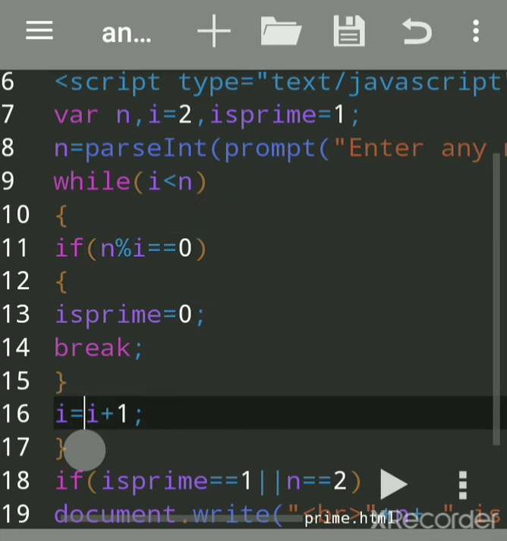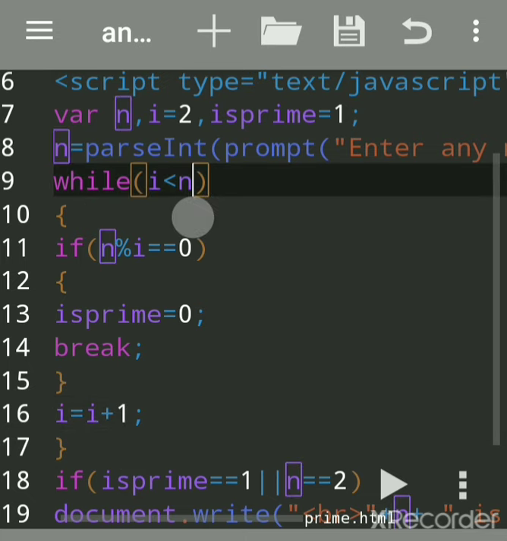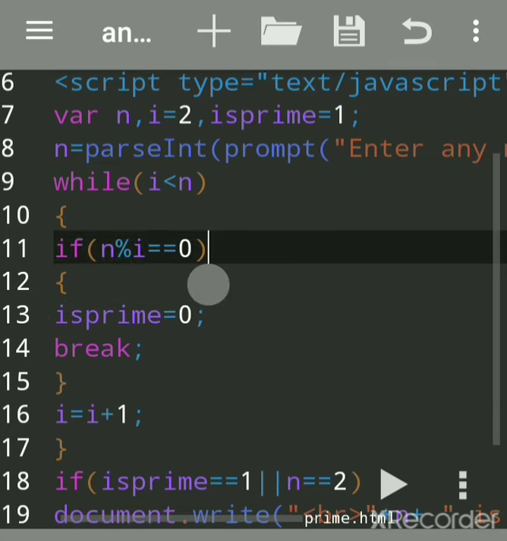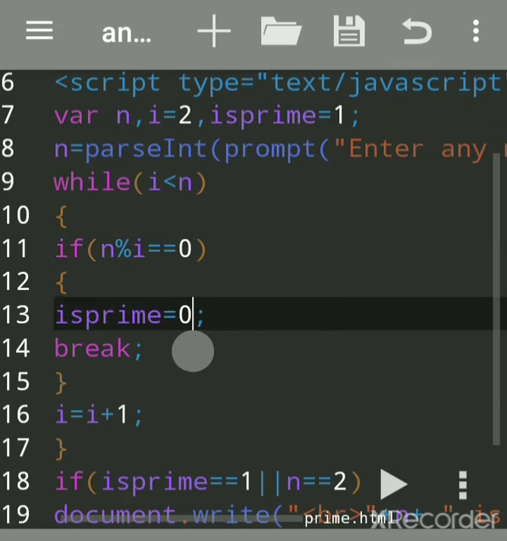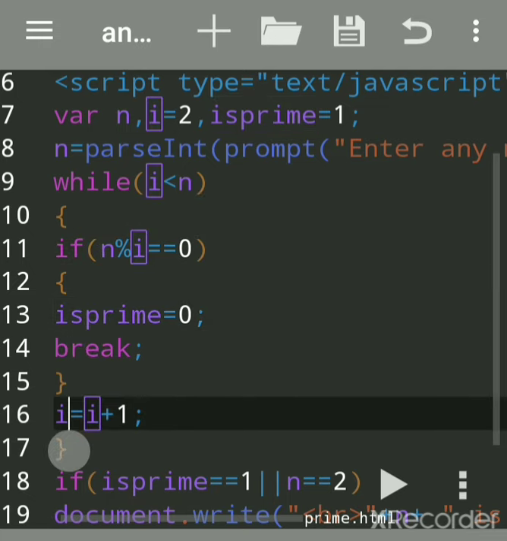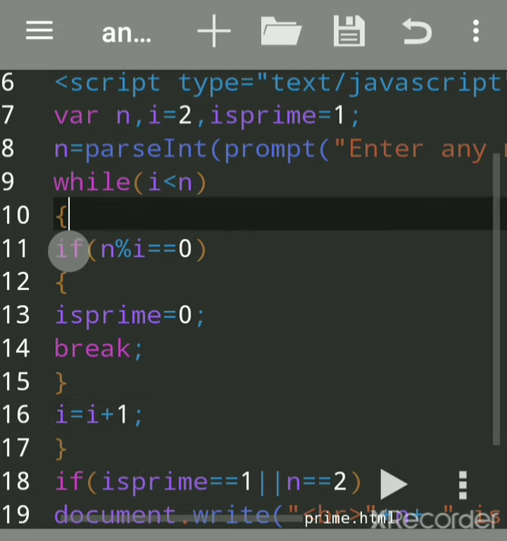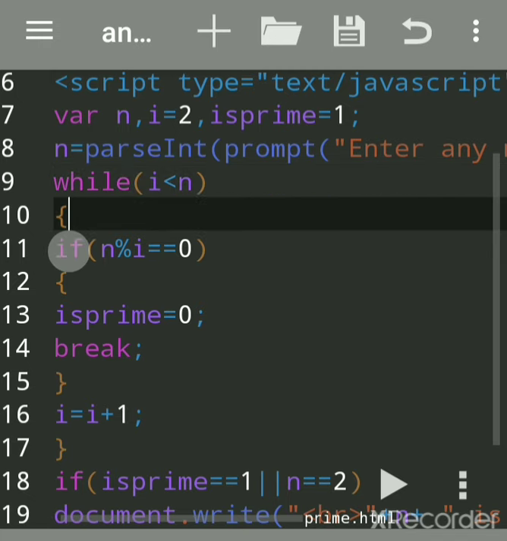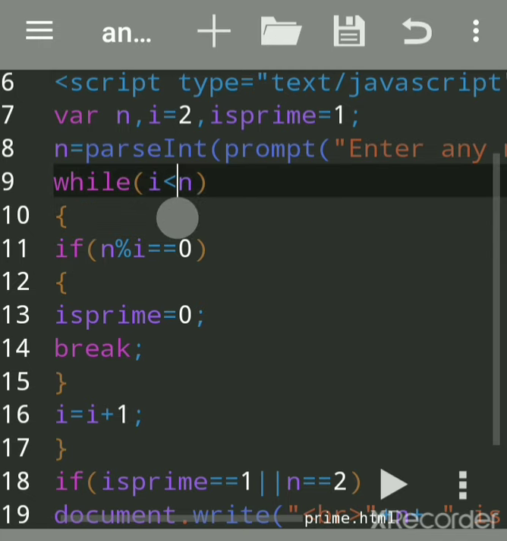Then i equals i plus 1 becomes 6, 6 is less than 7, yes, then it will divide and check whether it is equal to 0, no, it is not 0, so isPrime is still holding 1, because it is not divisible. Then this became 7. Now this loop condition, 7 is less than 7, is false, so it should run till 6, and it will come directly out of this loop.